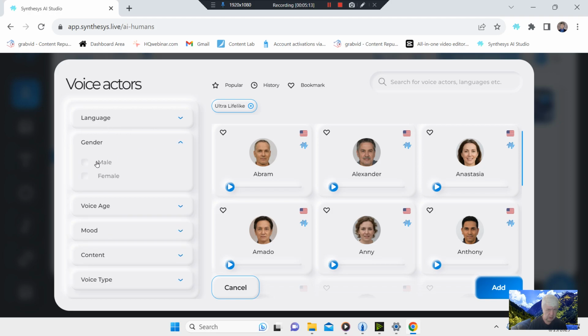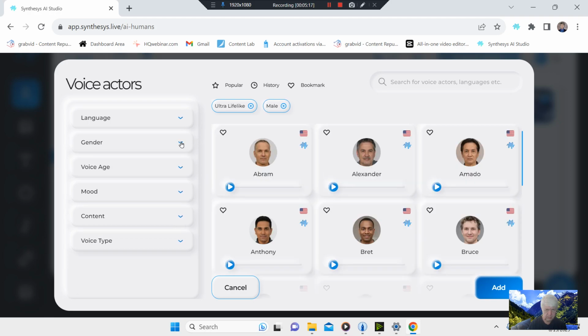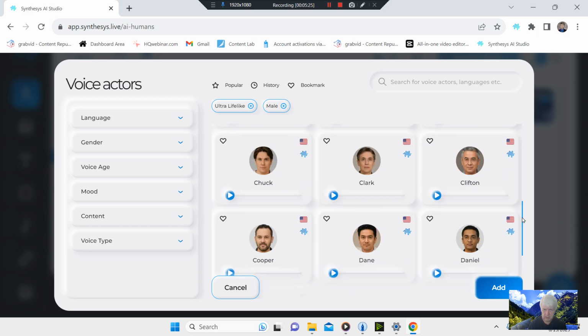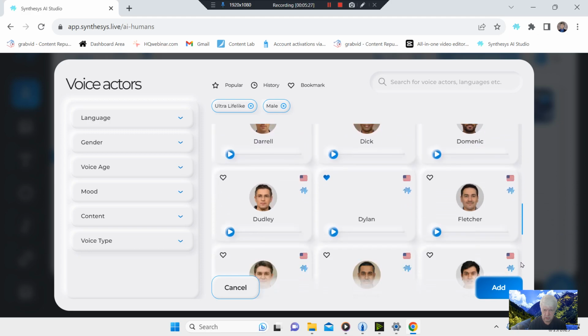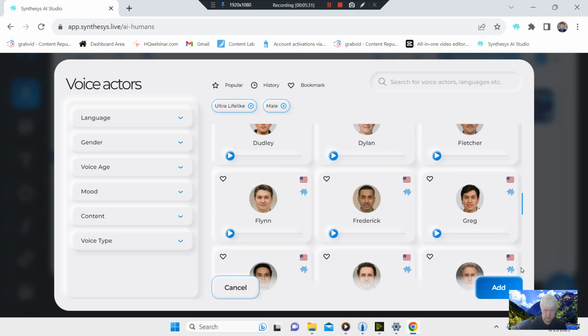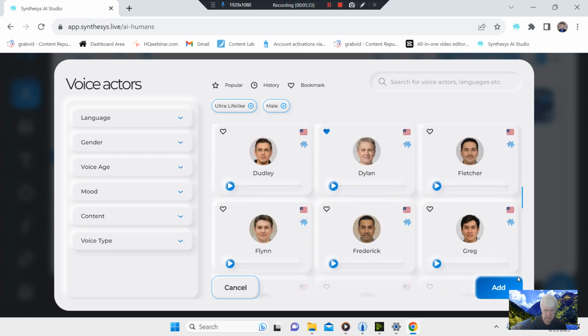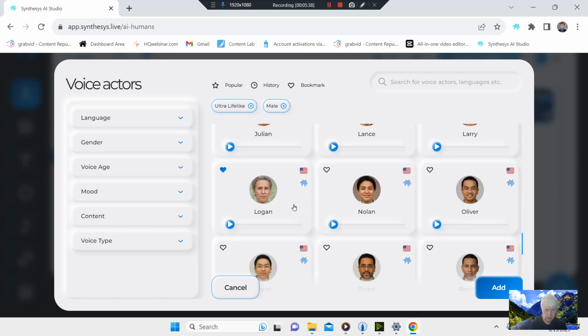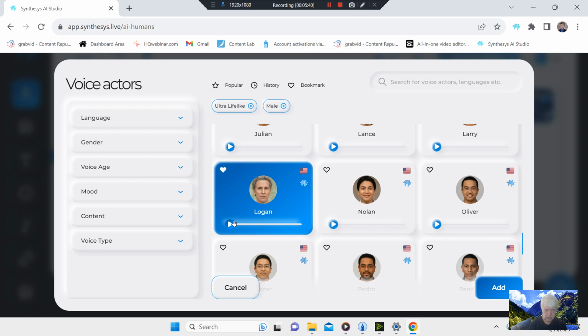And so we'll pick that, and then we'll go ahead and pick a gender. I'm going to pick the male, and they'll all say US, but kind of interesting that some of them do have a bit of an accent. And you'll see, we get here in a second. Did we get past them already? Oh, there he is. Logan is the one I really like. I'll let you hear the sample.